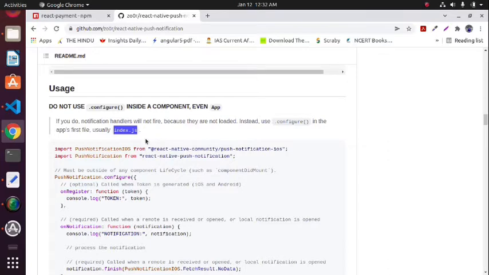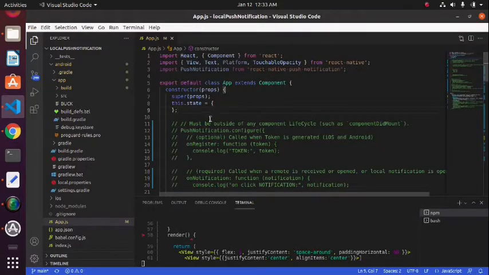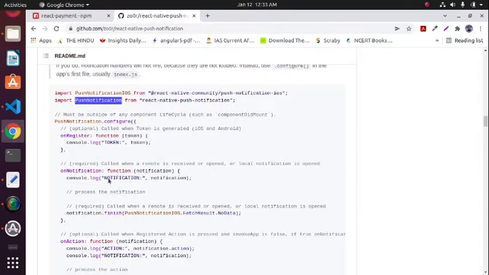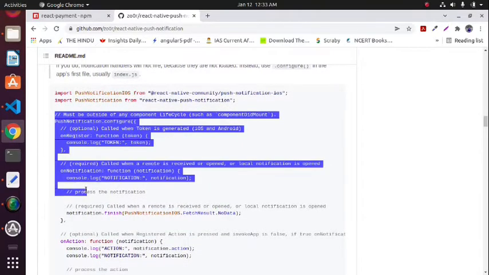So I am using it in my app.js and in my container. So this code will execute first. I imported this thing in my app.js here, and then the same code here you have to copy, the whole thing from here. You can just copy and paste.